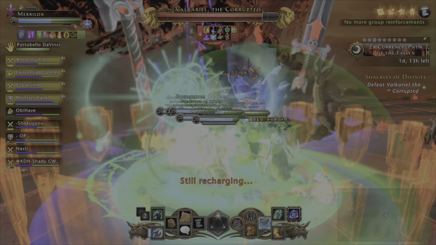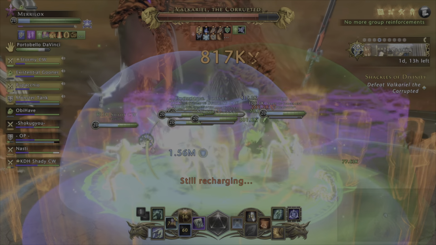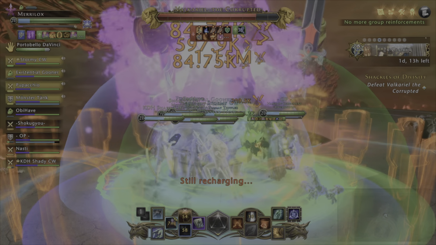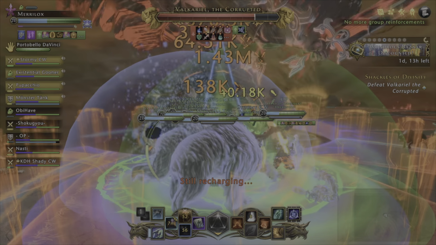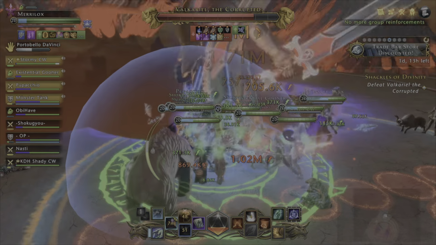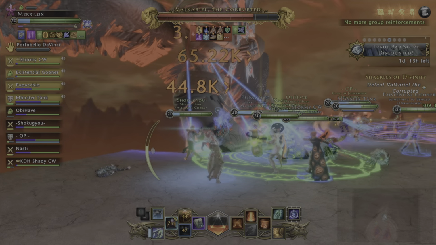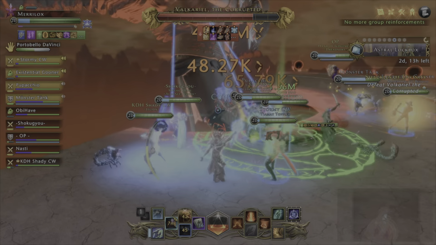Daily wise, the bubble is superior for the damage mitigation, but the positioning can be really dodgy, especially if you've got a bard in the group and everything's desyncing. You can actually reposition the bubble using your R1 skill. If you press it